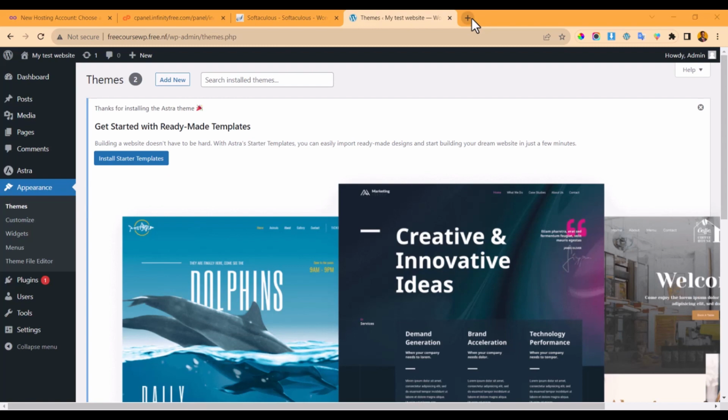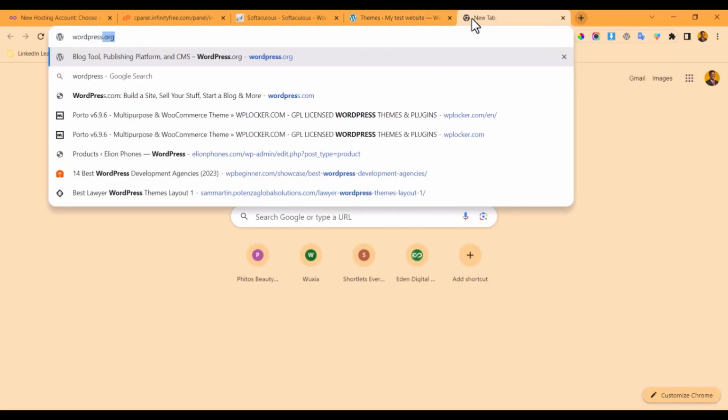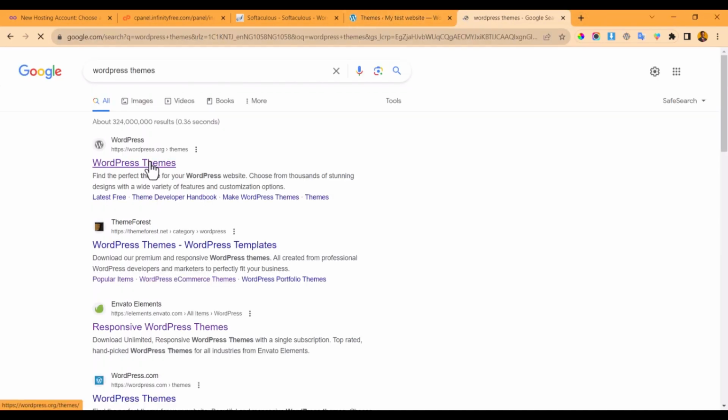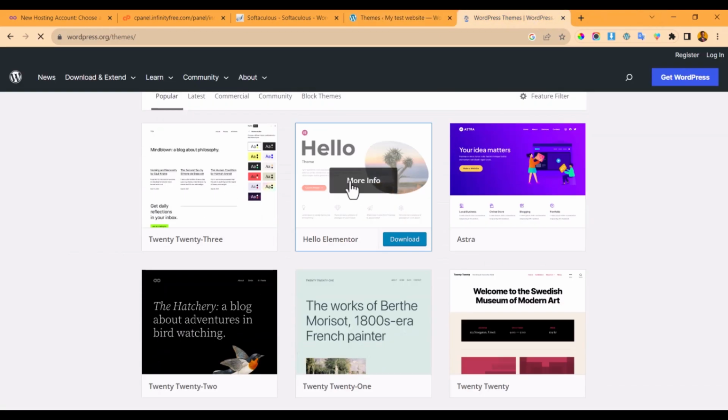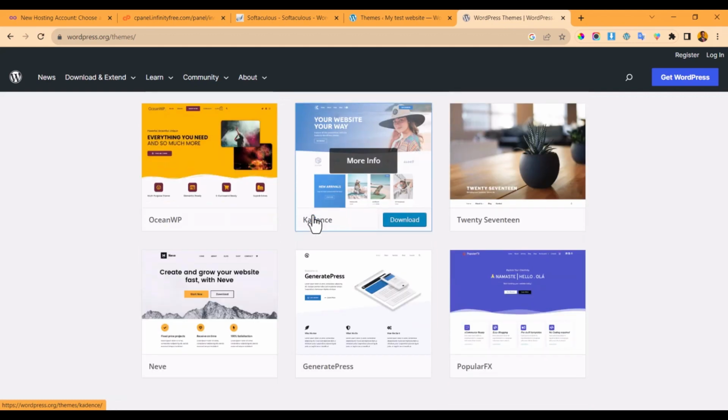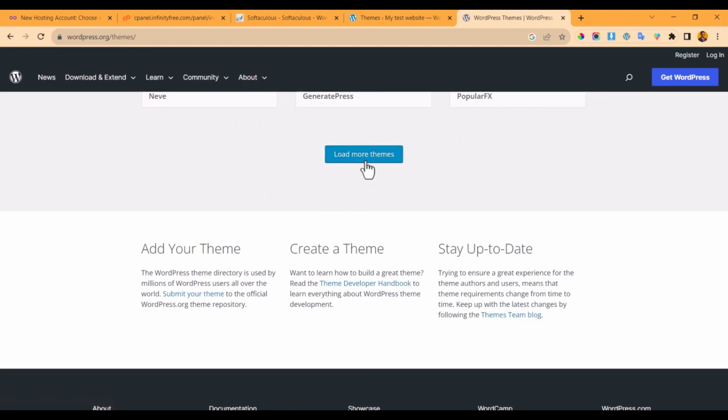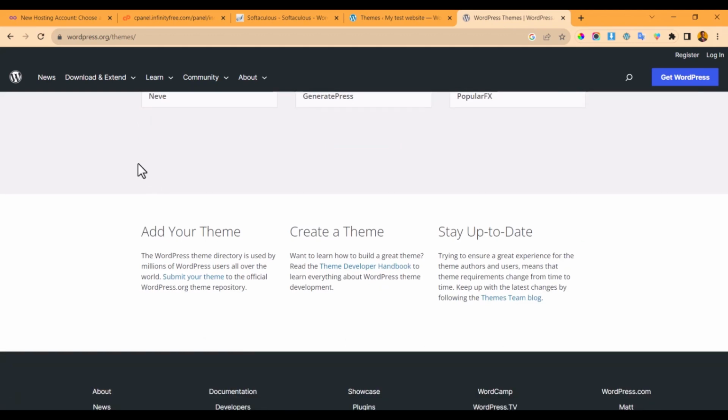For example, you can search online for WordPress themes. This is another place. This one is the same thing as the normal WordPress library. If you click on the admin, this is the same thing, the same themes, and everything is free. You click on load more themes, and